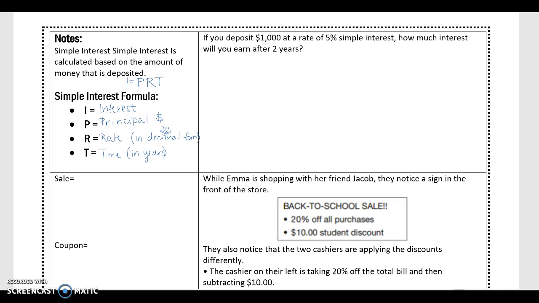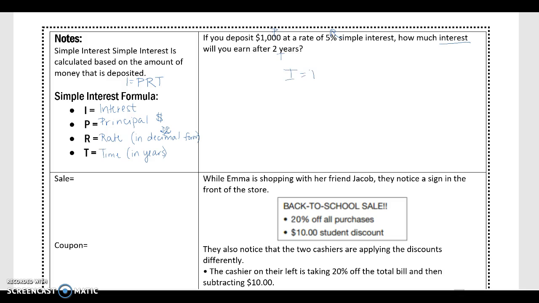It says, if you deposit $1,000 at a rate of 5% simple interest, how much interest will you earn after 2 years? Okay, so it's looking for interest. We are depositing $1,000. That's going to be our principal. 5% is our rate, and 2 years is our time. So interest,